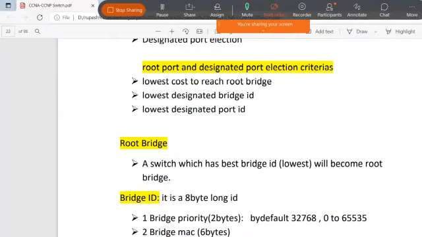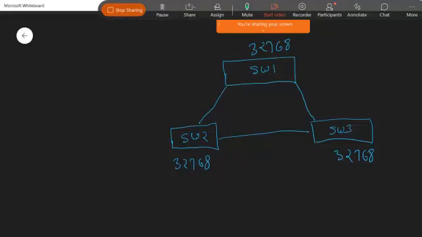The bridge ID, right? These are going to exchange the information about the bridge ID. So what is the bridge ID? The bridge ID is the combination of two things, that is priority and base MAC address. So the default priority is 32768, suppose. And always the lower priority will be preferred first. But I'm taking the default priority, which the Cisco switch has. Okay, just for your confirmation.